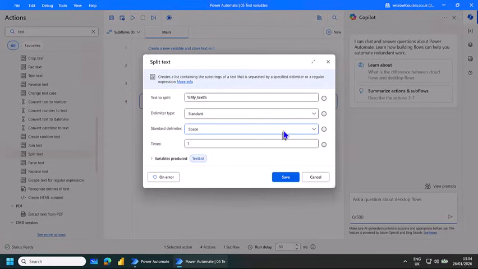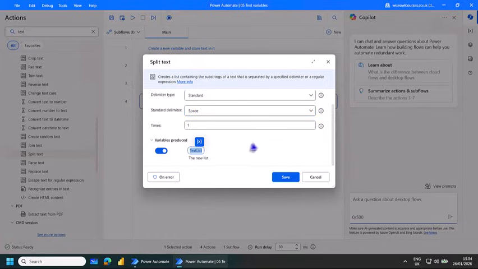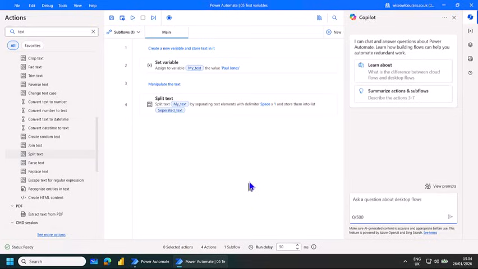How many times do I want to split it in this piece of text? Well, I only want to split it once because there's just a space between the first name and the last name. And this will produce its own variable, which I will call separated underscore text. Click save. So let's see what this does. If I run my flow